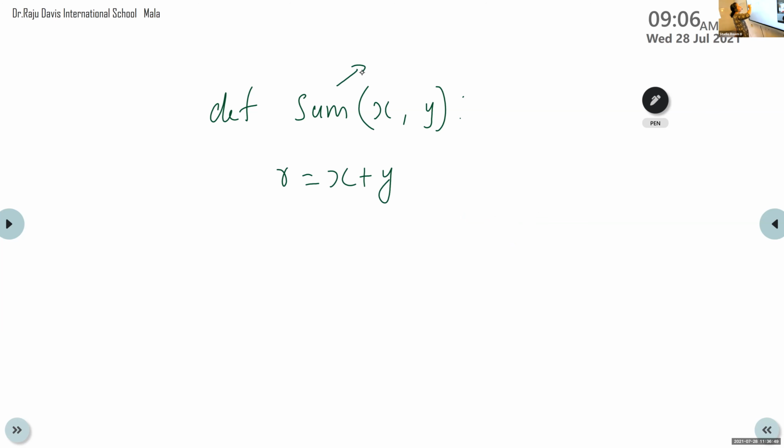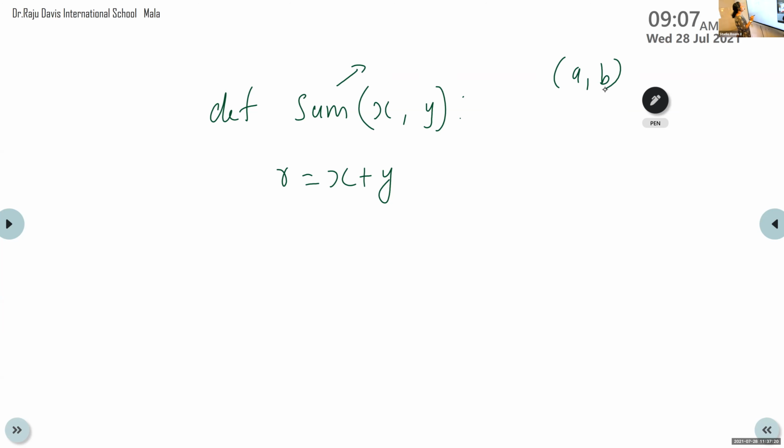I am giving sum, and within brackets two parameters are there, because we need two parameters for the addition operation. So x comma y. Instead of x comma y, we can use a comma b or w comma x. Any parameter name we can use here, but two parameters are needed. Then after that the operation, r is equal to x plus y.